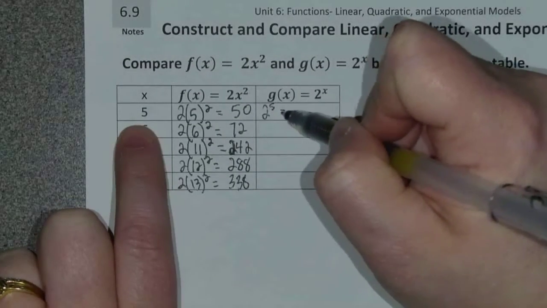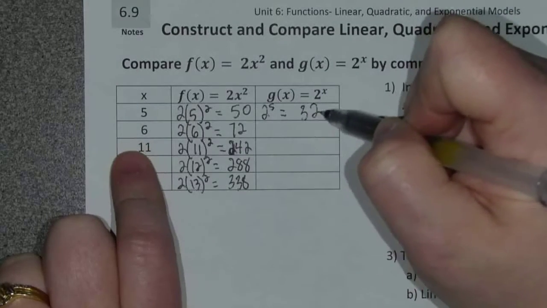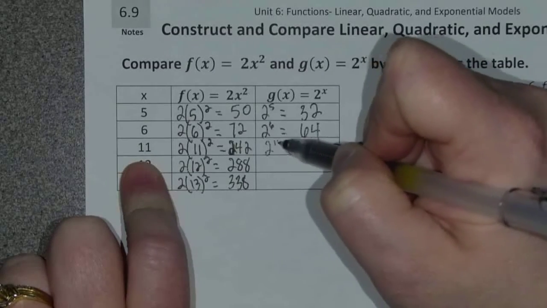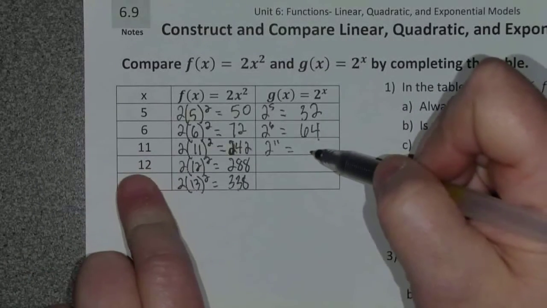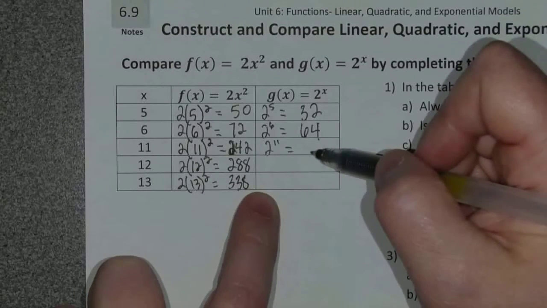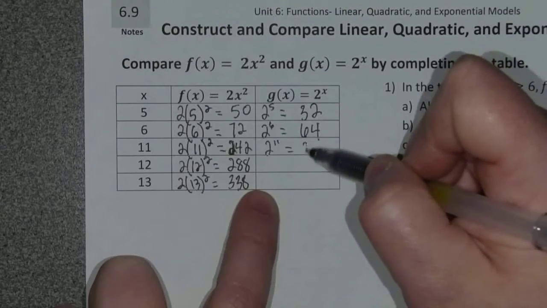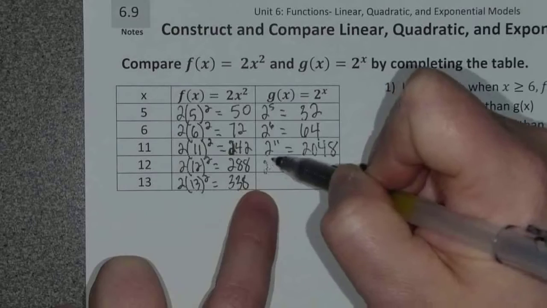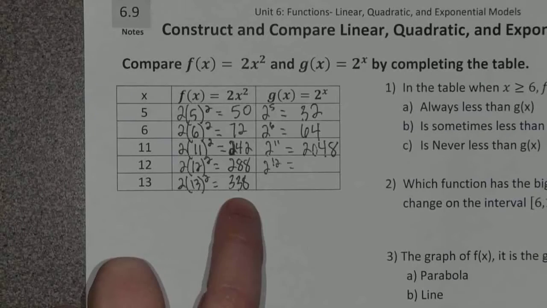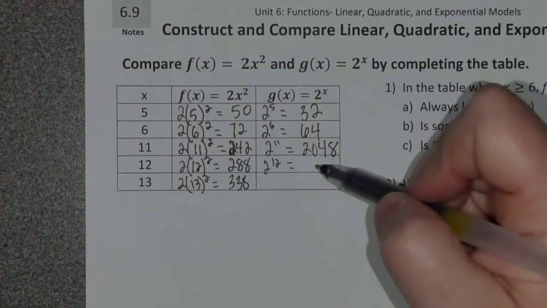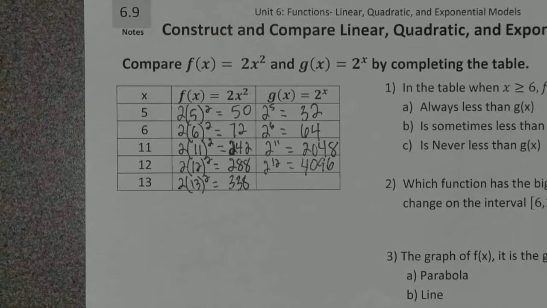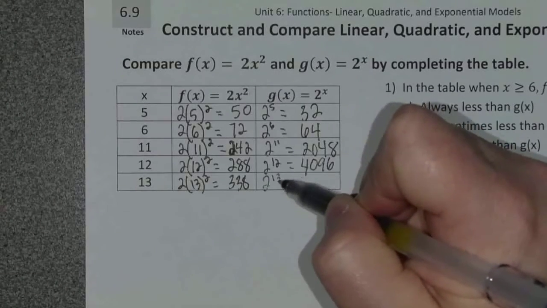So 2 to the 5th power is, nice, 2 to the 6th power, 2 to the 11th power, it's big, 2048. 2 to the 12th power, anybody get that? 4096. And then 2 to the 13th power is